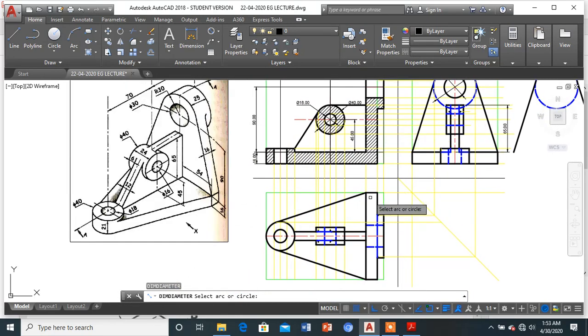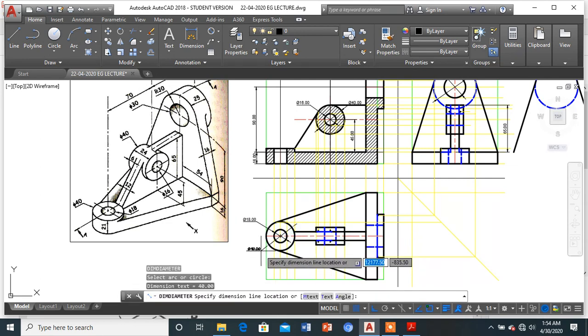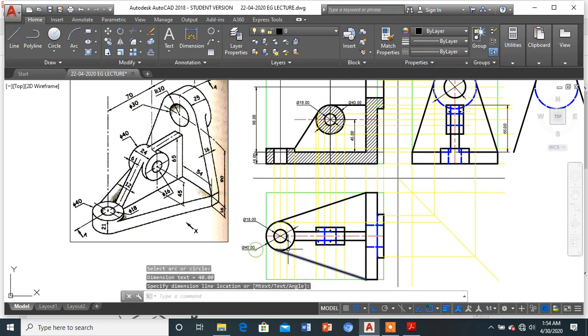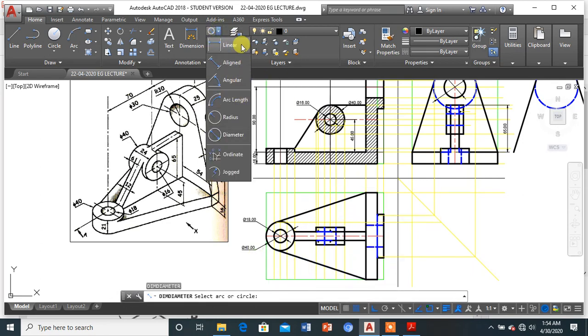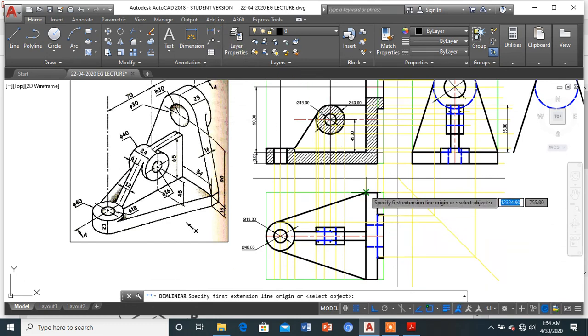Now let us show some of the dimensions in the top view as well. Let us first complete the diameters only. This is the first one over here, which is of diameter 80. This is the second one over here, which is of diameter 40. Now let us go for the linear dimensions.